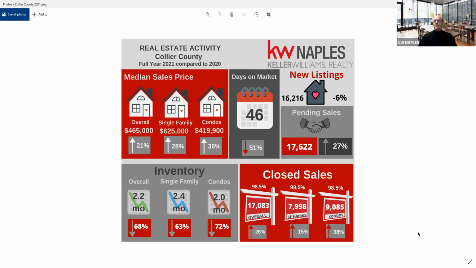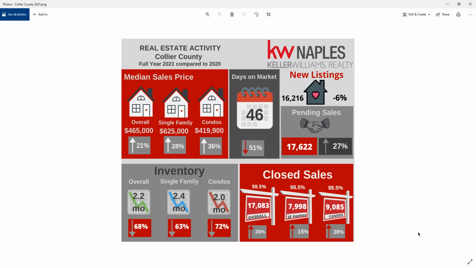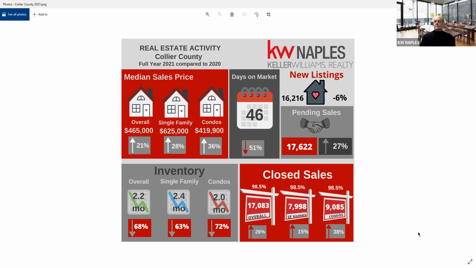The neighbor chart excludes Marco Island, whereas we include all of Collier County, and the numbers are a little bit different than the neighbor charts that they started putting out a few years ago. So the other thing that I added to the top here and under closed sales was the average list to sell